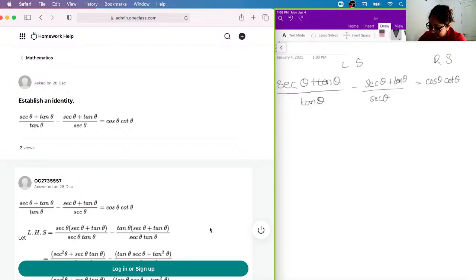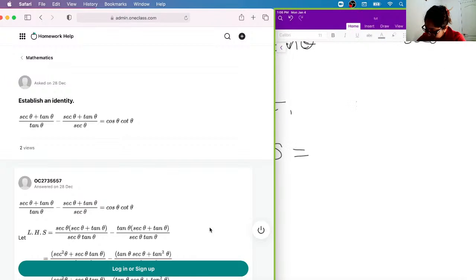So we're going to basically deal with the left side here. So we can say the left hand side is equal to